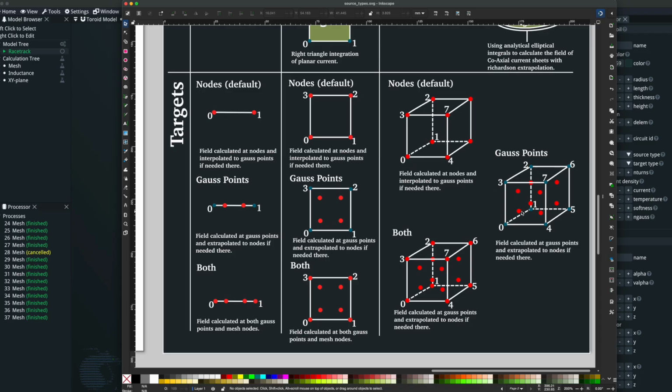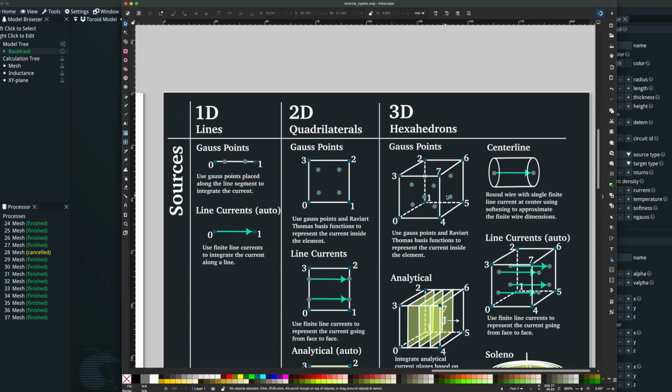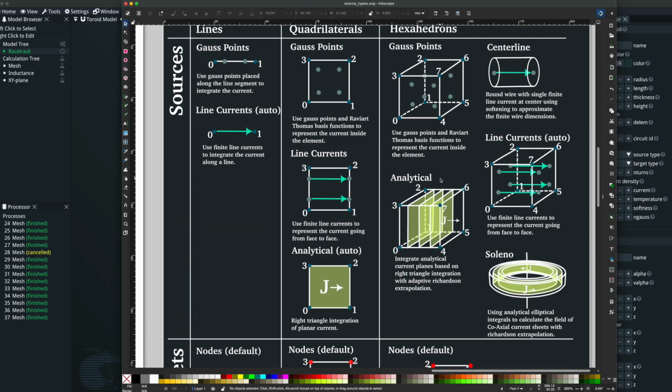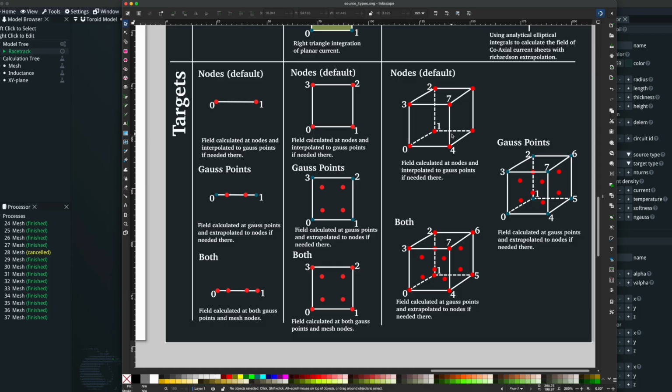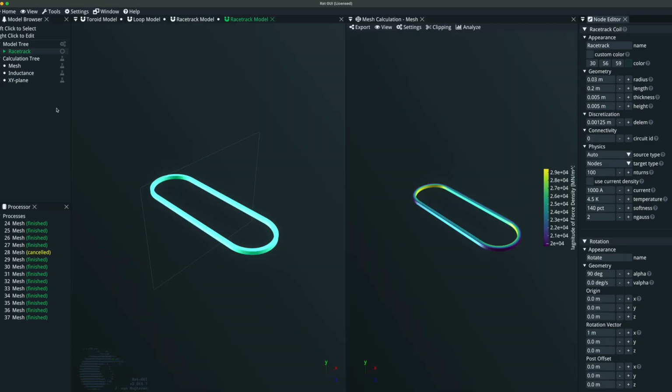But you can change that to move the target points to where the Gauss points would be. So the Gauss points here is also where the Gauss points for the Gauss point source are situated. And also these Gauss points are used to determine where the current elements for the line currents need to go, and you can move your target points from the outside of the volume elements to the inside on the Gauss points. And this really only affects the mesh calculation, because anywhere else,